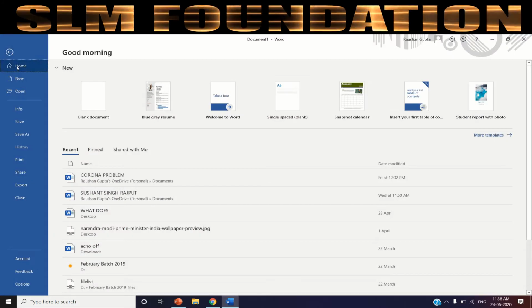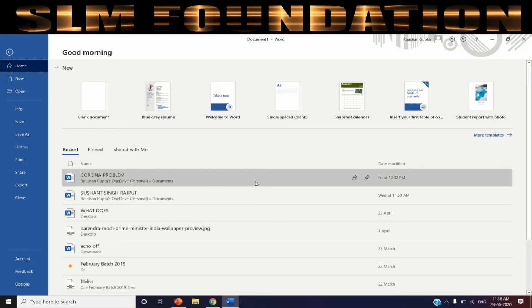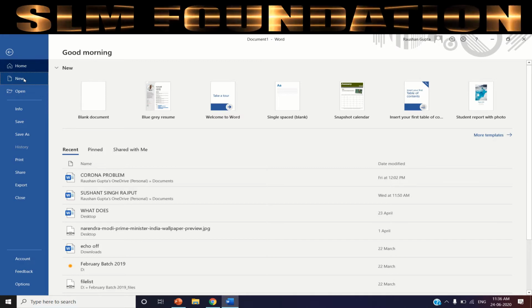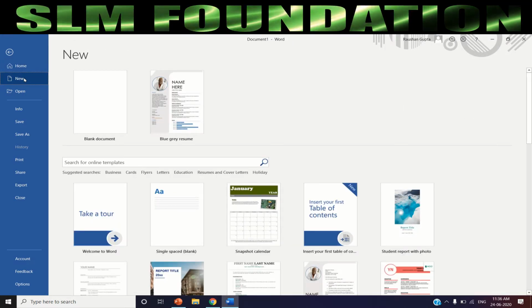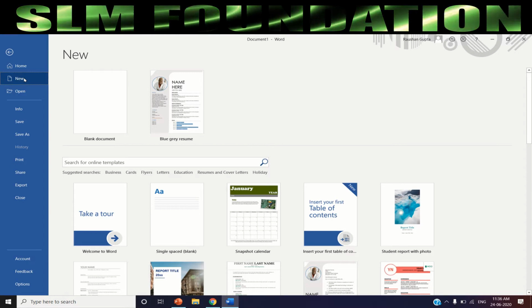In the File tab you can see that the first option is Home. You can choose a template here if you want, or you can open recent items. Now the second is New. In MS Paint or Notepad, in all the sections we have read about New in the File tab. The same use is in this also.